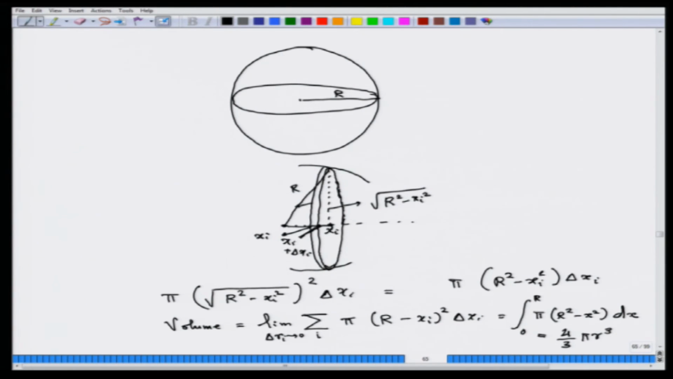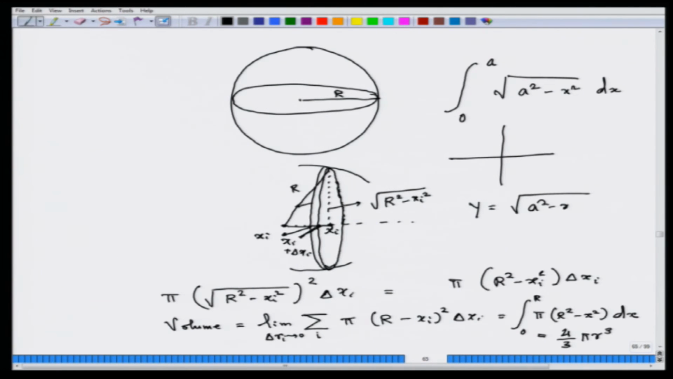Now, this is very interesting. Suppose you are asked to compute an integral of the form 0 to a of root over a square minus x square dx. How will you do it? If you look at this, what does this equation tell me? If this is the function, then this will give you